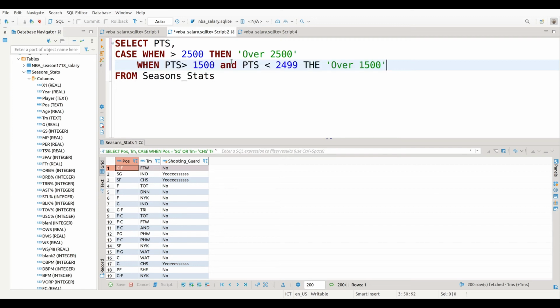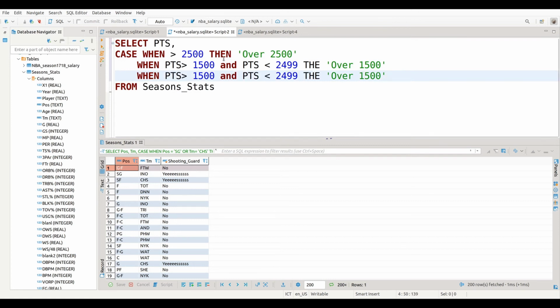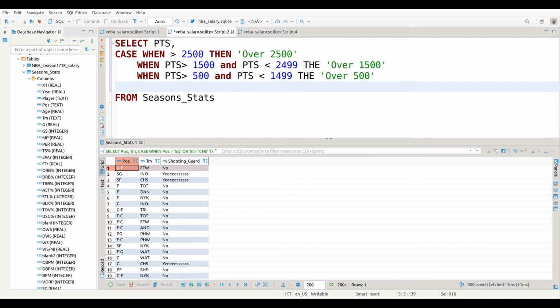Just copy this and save some time. Now, when points is greater than 500, but less than 1499, we're going to say over 500. And so if it doesn't meet any of these, we're just going to put else, and we're going to say less than 500. And we're going to end